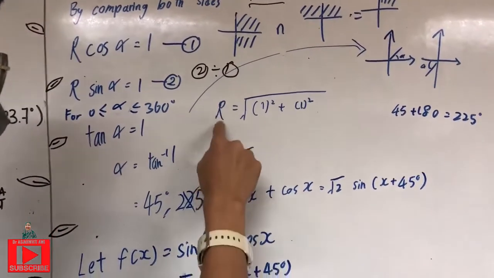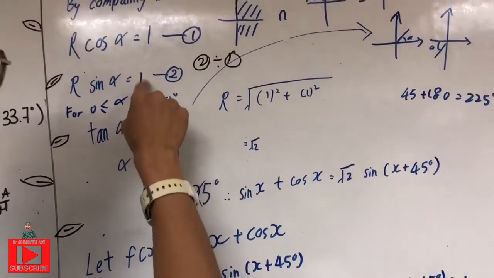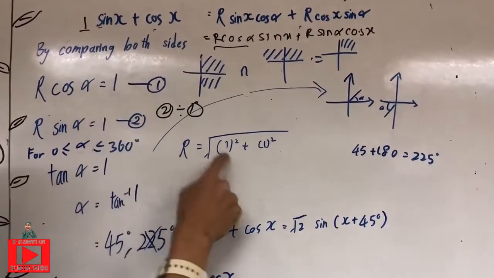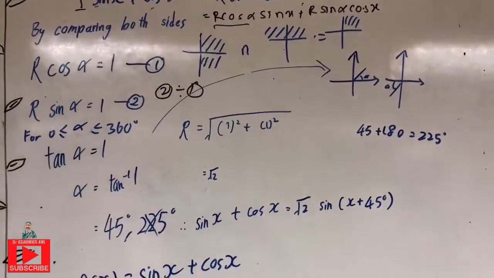We need to find r. R is this square plus this square, and we'll get square root of 2. Okay,